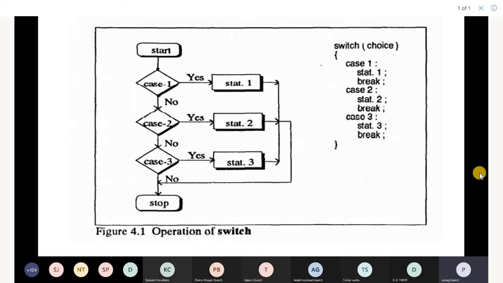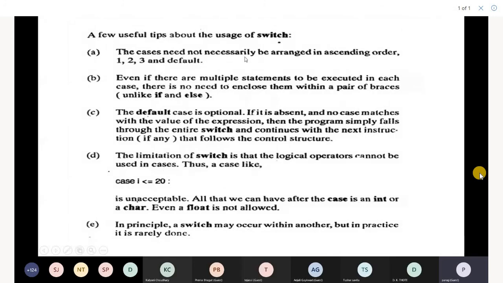Therefore, we require a break statement inside a switch case. Cases can be written in any order, 1, 2, 3 or default. You don't need to use opening and closing square brackets inside a case statement. Here it is important: even float is not allowed. In a switch statement, int and char are accepted.